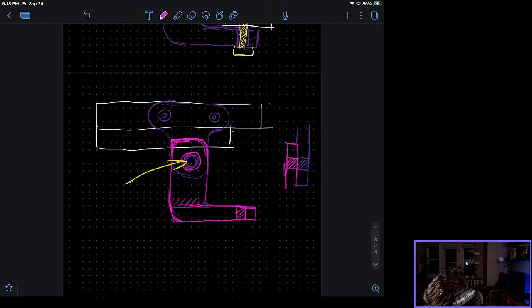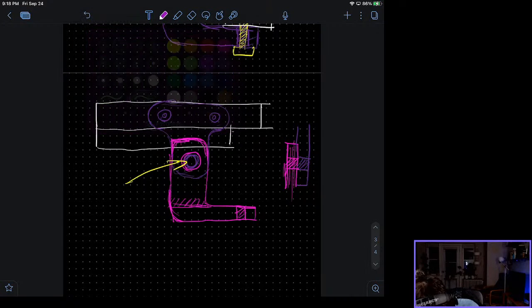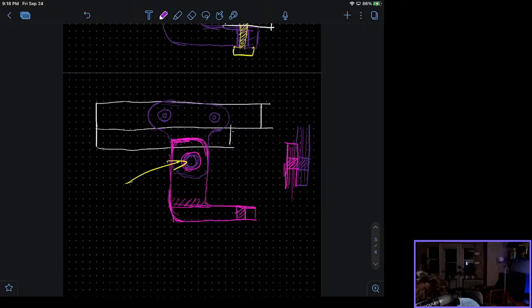That's fine. The layer lines are going to be flat for this guy, like this, and the layer lines are also going to be flat for this guy, like that.